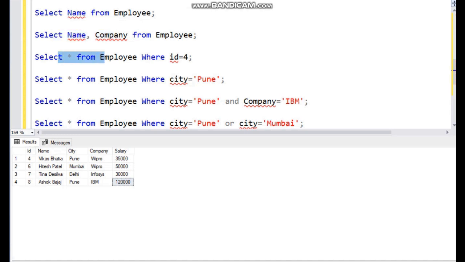In the next video I'm going to explain different clauses, different conditions. We will have some complicated queries. Today we have executed the queries only on a single table. In the next video we will have more than one table, and we will execute different select commands on those multiple tables also.